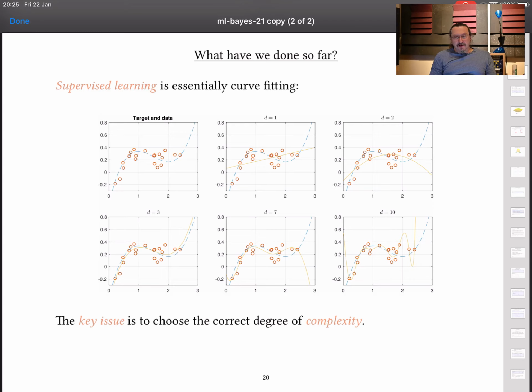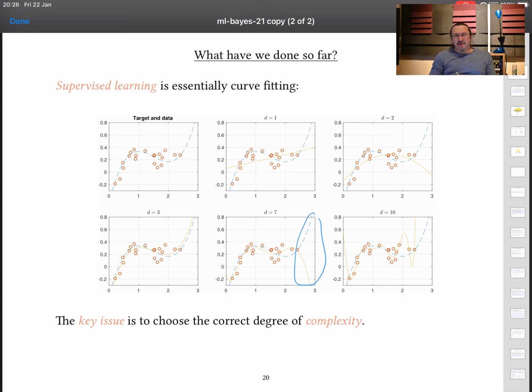If I tell you that the underlying relationship is itself a polynomial of degree 3, maybe that doesn't come as quite such a surprise, and the reason that we don't quite identify it perfectly is that there is some noise in the training data. Now, one of the key things that I impressed on you last year is that this doesn't mean that you just use the largest degree of polynomial possible, because for d equals 7, all of a sudden we've suddenly got a big problem here.